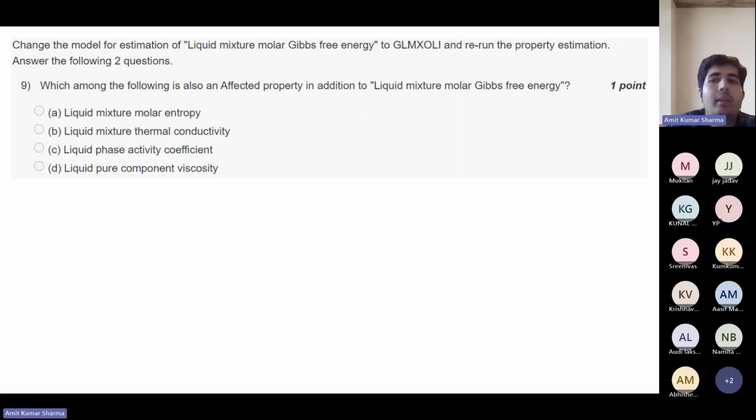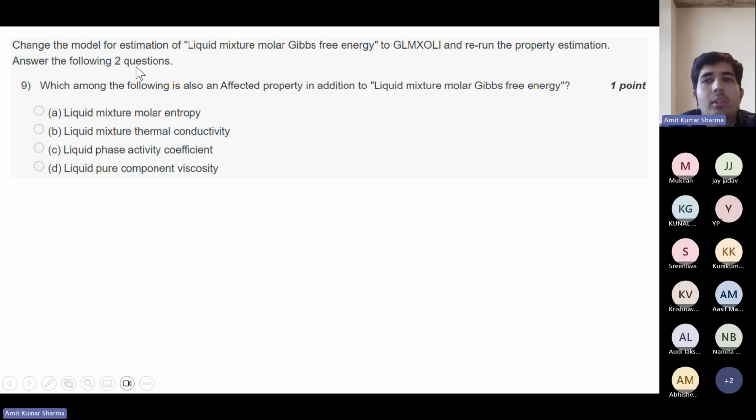Okay, sir. Okay. So the next question is: change the model for estimation of liquid mixture molar Gibbs free energy to GLM XOLI. Okay, read it carefully. Change the model for estimation of liquid mixture molar Gibbs free energy to GLM XOLI and rerun the property estimation.